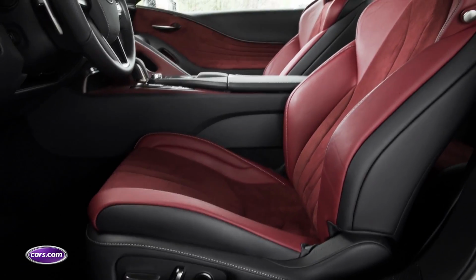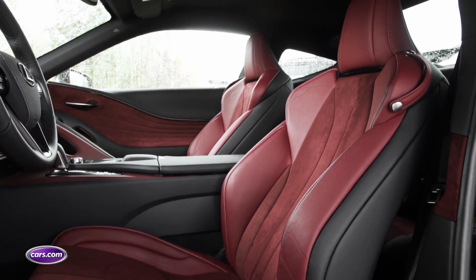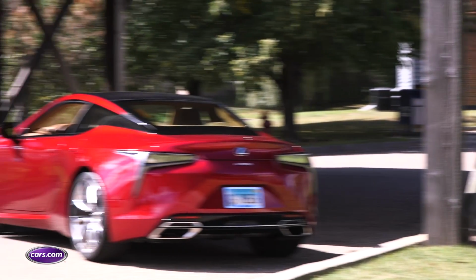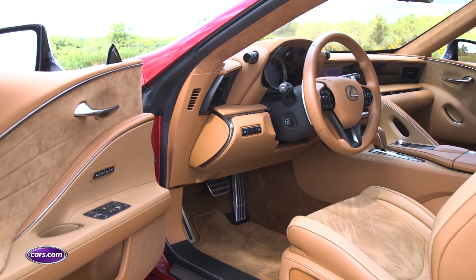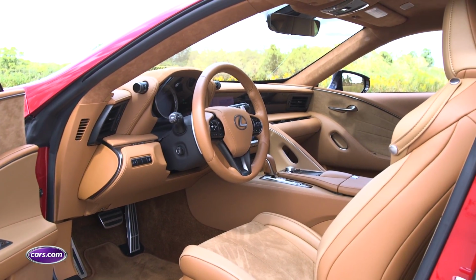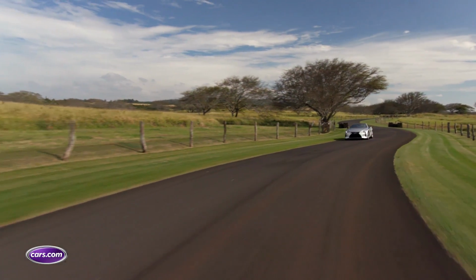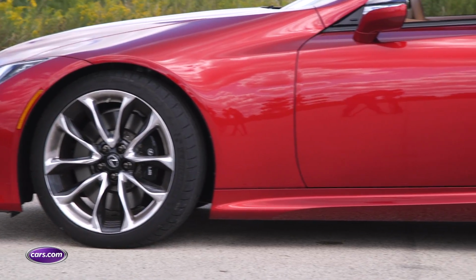This is a very comfortable car. These seats are comfortable, and there's a lot of room. I'm about 6 feet tall, and this is a very comfortable car to spend a lot of time in. I spent a total of 4 hours on a small weekend getaway in this car, and I did not feel fatigued at either end of the one-way trip, and it was in a lot of traffic and a lot of highway driving. This car feels at ease on the highway, especially in comfort mode, where the adaptive suspension is softened and